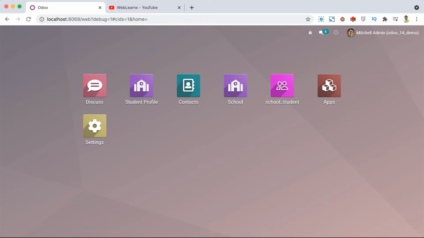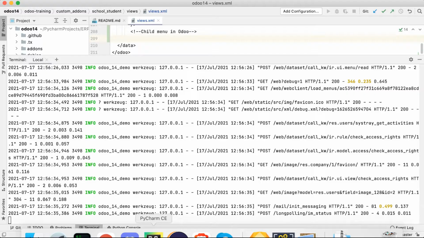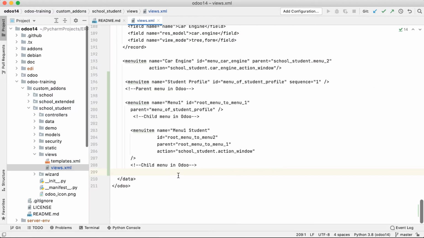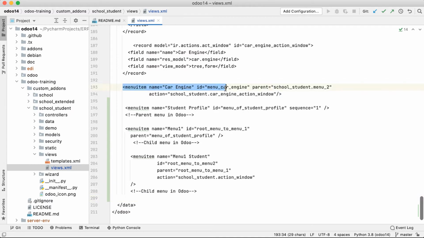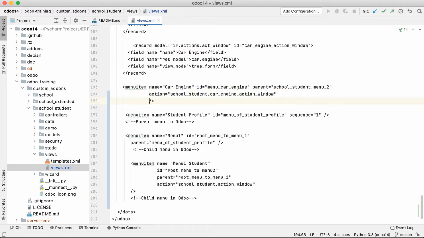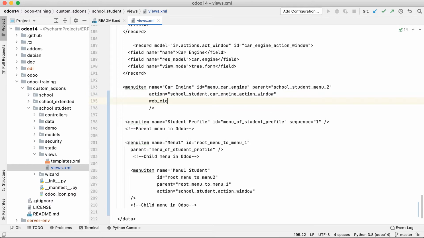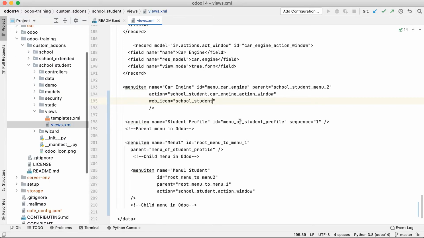Another way is you can go to the backend side, and here you have to find the parent menu, and here we need to use web_icon as the attribute name, and in this attribute we need to use the path. The path should be like this: first is the module name. We need to remember, school_student. Why? Because this file is under this module, school_student. After the comma,